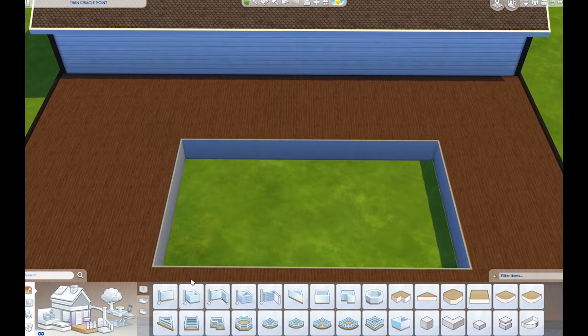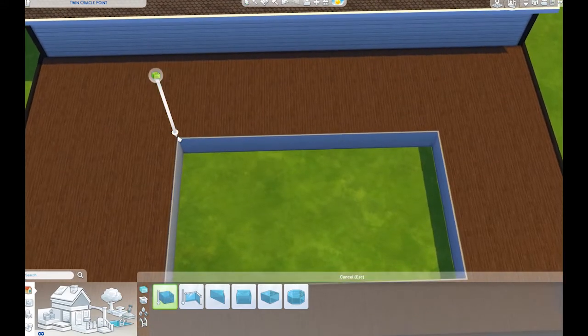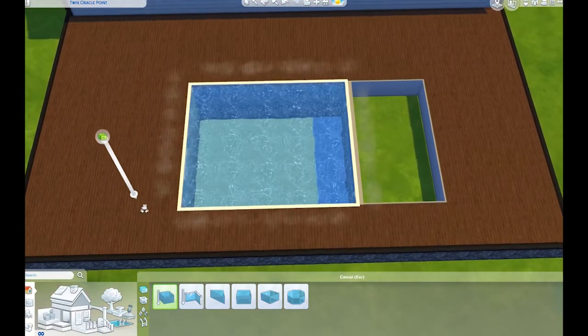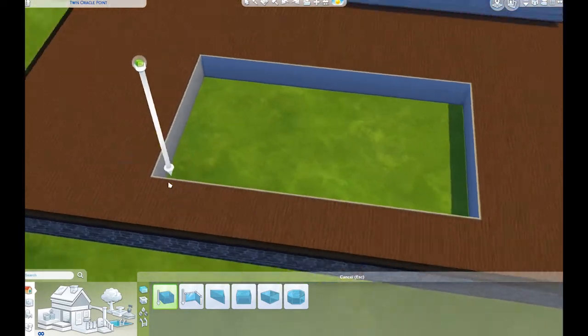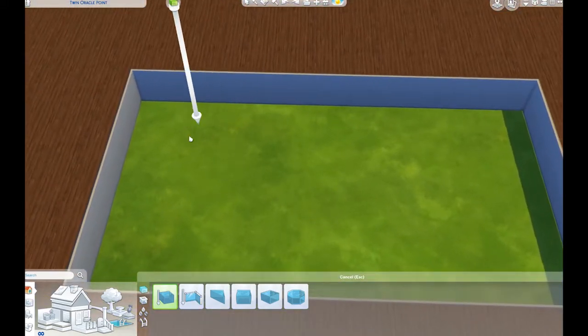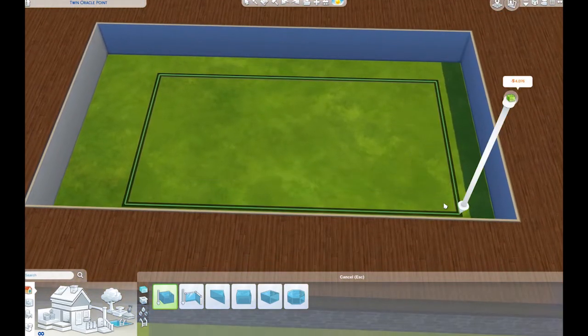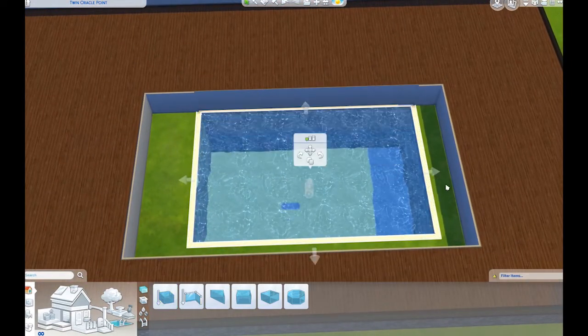Now, there are a couple of things that you have to know about this. One, if you take a pool and try to create it from here and you go by the corner, it's going to create it at the same height as the deck, which is obviously not sinking it and defeats the entire purpose. So how you actually have to do the pool is you've got to do it inside the sunken part. And then from there, you can expand it out